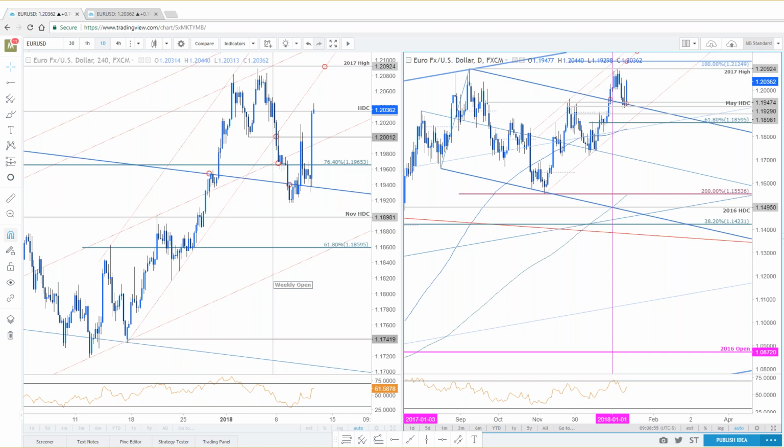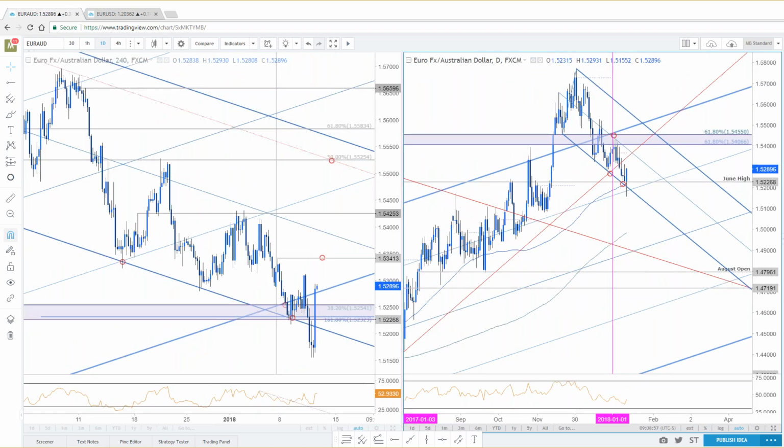So here's Euro Oz. The game plan is very similar to Sterling Key. And in fact, it's funny because when we were talking about Sterling Key, I said Euro Oz actually worked a little bit better because the extension off that rebound confluence support actually gave us a pretty big stretch, almost 120, 130 pips to the upside.